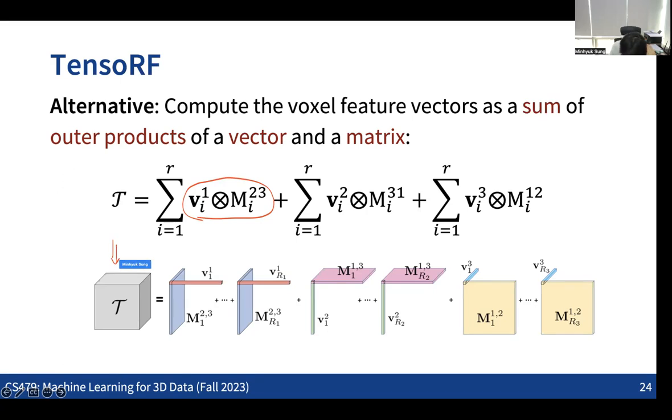So this is the case where we have the 1D vector along one axis and the 2D grid in the other two axes, with a number of these components. We can also have the 1D vector in another axis and the 2D grid in the remaining two, with multiple such components. And we can do the same thing for the other axis as well. By accumulating all these low-rank components, we can represent the given 3D tensor with some approximation, while reducing the number of elements to be much smaller than the number of elements in the given 3D grid.